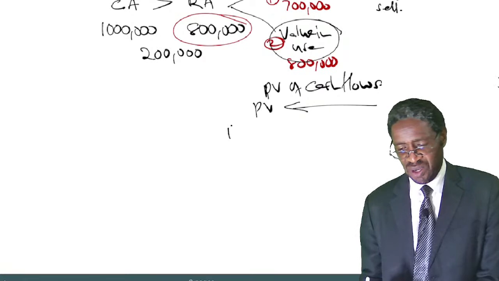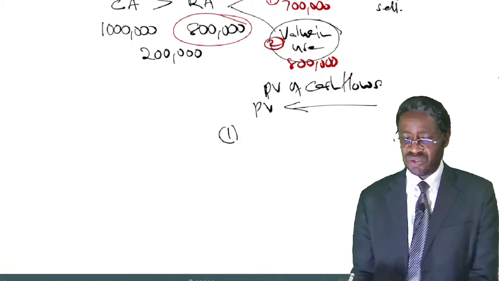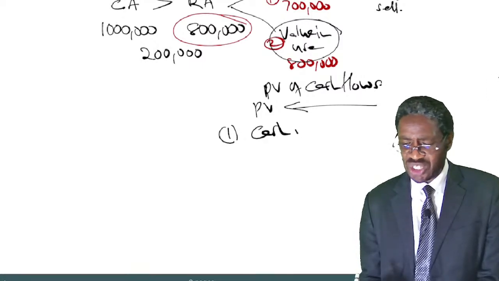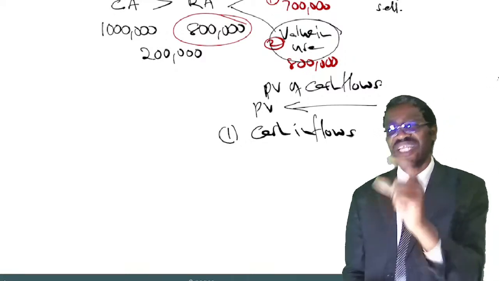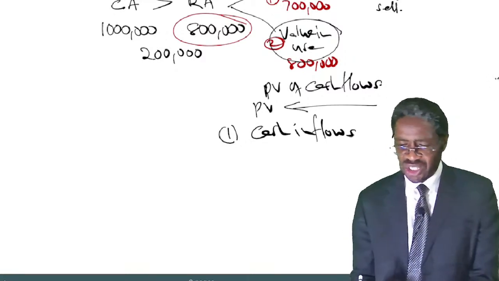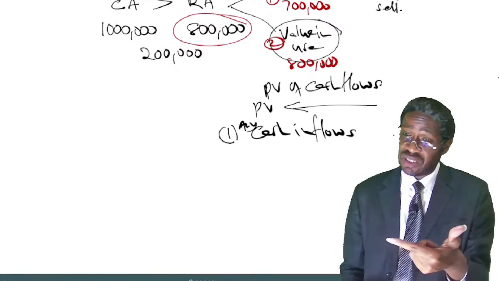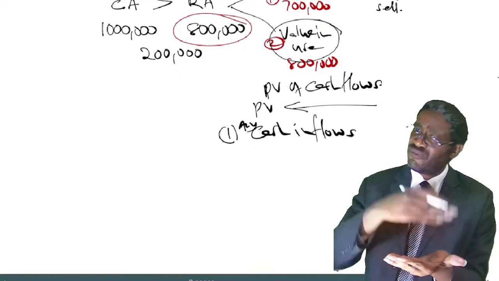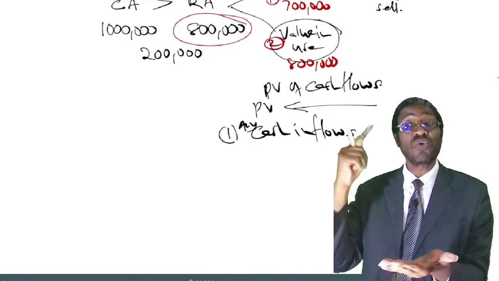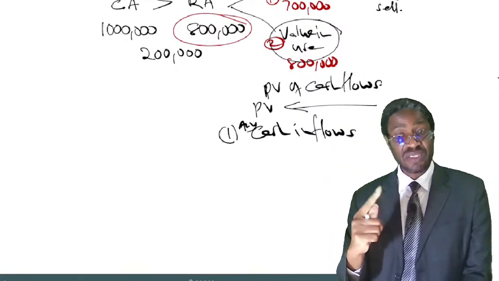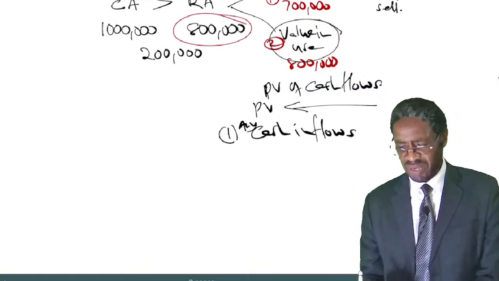One of the cash flows that you are required to discount is what we call any cash inflows that will be generated, any cash inflow that will be generated from the continuous use of the asset. As you'll be using the asset in the future, how much are the cash inflows that will be generated from the continuous use of that asset? That's one of the components of the cash flows to be discounted. Number 2,